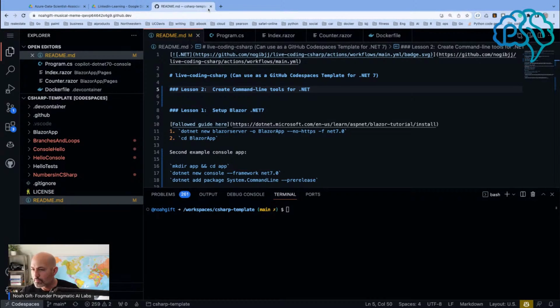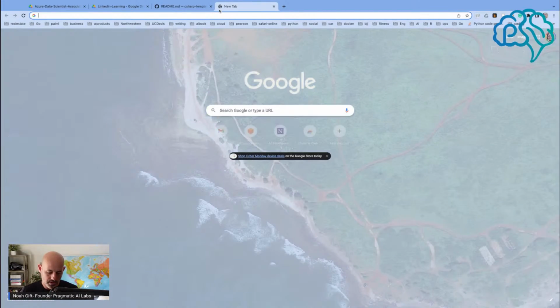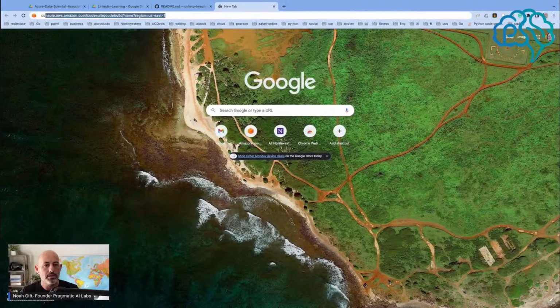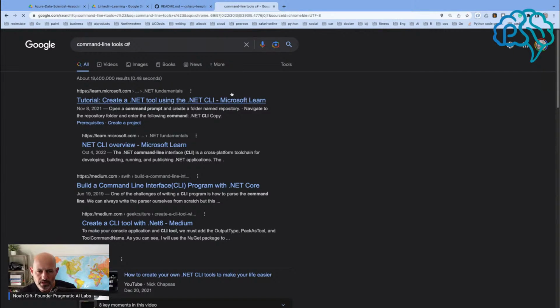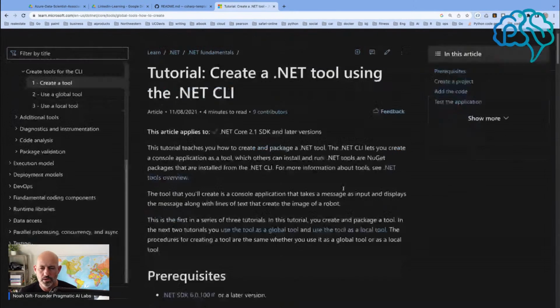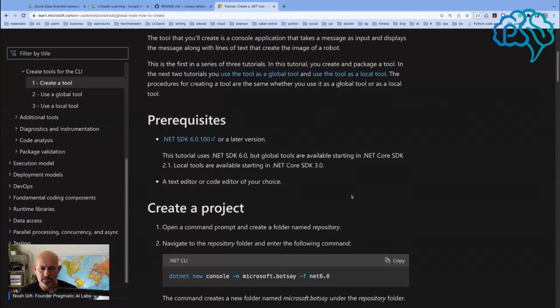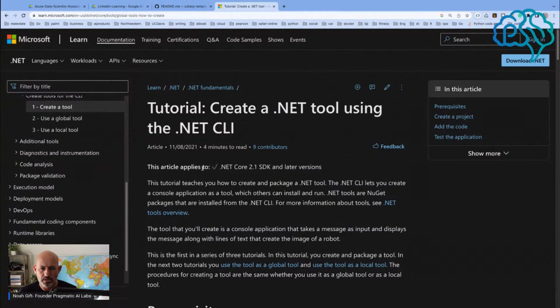And if we go here and we go to command line tools, C#, I believe there's like a new framework. So .NET, let's look for C#,